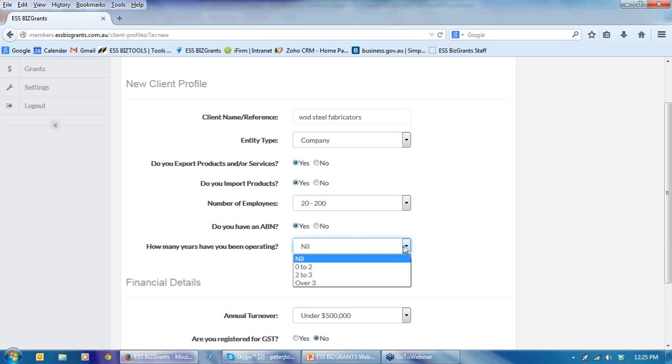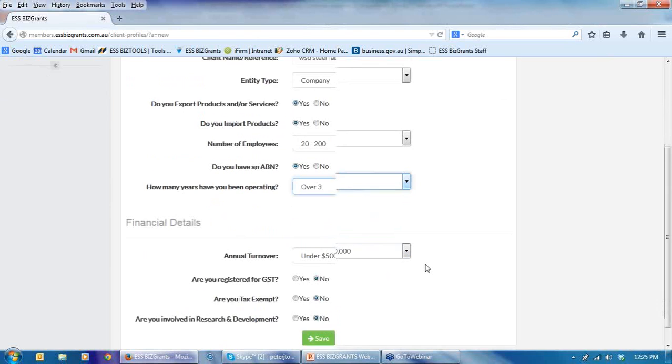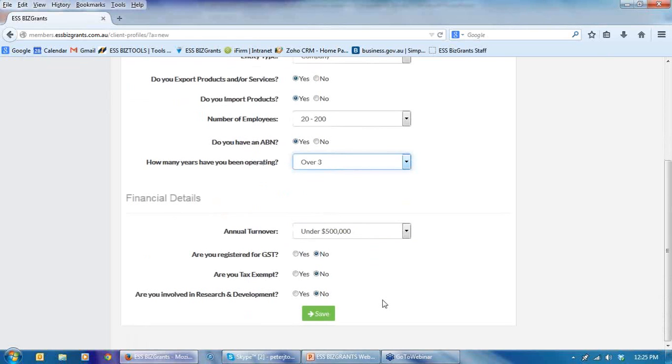The next question is, how many years have you been operating? We have been operating for 7 years in this business. What you have on the screen is the various decisions that can be made. So I've clicked on over 3 years because that's what the grant program wanted to know.